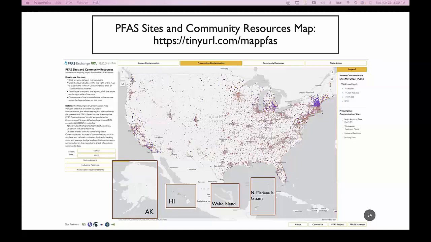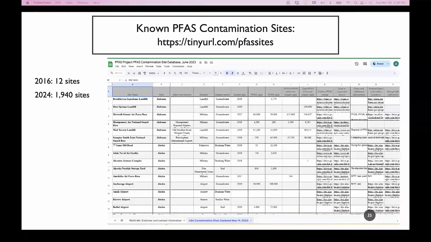And so this map is a result of some work we've been doing since 2016. If you want to go to the next slide, Julia. We started compiling a list of known contamination sites, of known places around the country where PFAS had been measured. And this just gives you a sense of how far PFAS research has come in less than a decade. When we started compiling this data in 2016, we started our first round with only 12 known sites. And these were sites that generally were linked to industry. So for example, the Washington Works plant or the Decatur, Alabama large chemical manufacturing facilities.